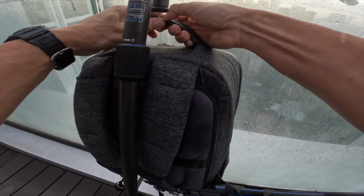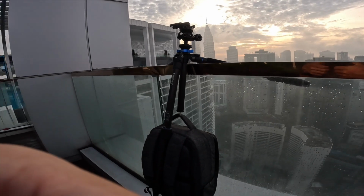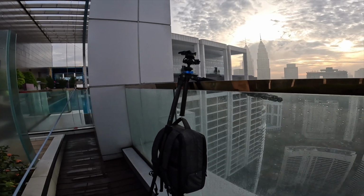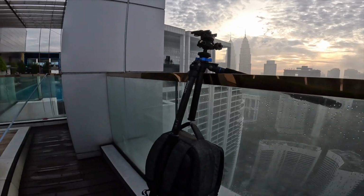Let's lock that in there, like so. So that is so dodgy. That is really dodgy. Maybe because that is so high up there. If you had the extended legs, but that shouldn't go anywhere. I could get in trouble for this, but let's just...